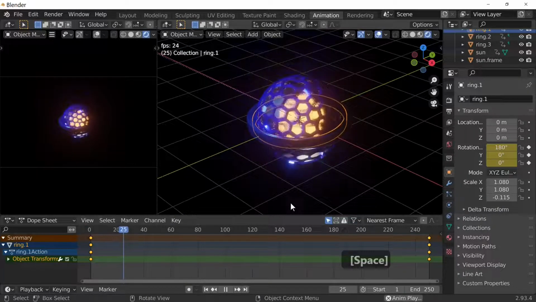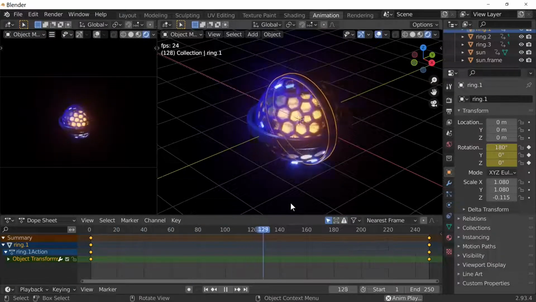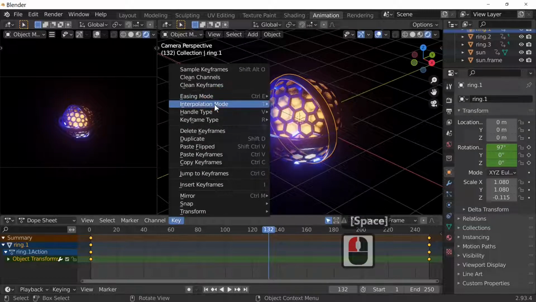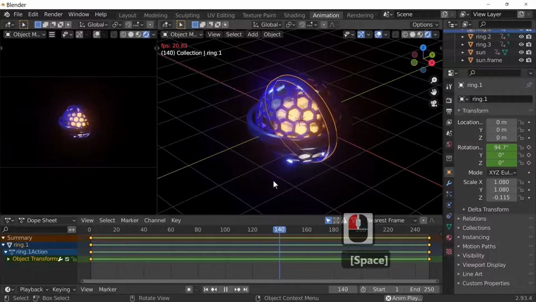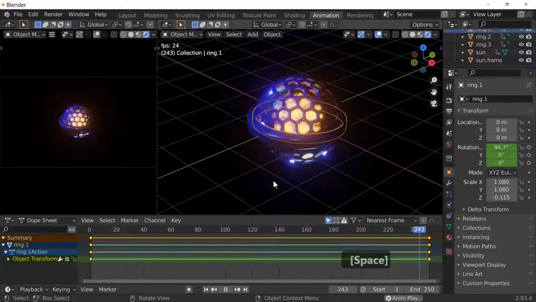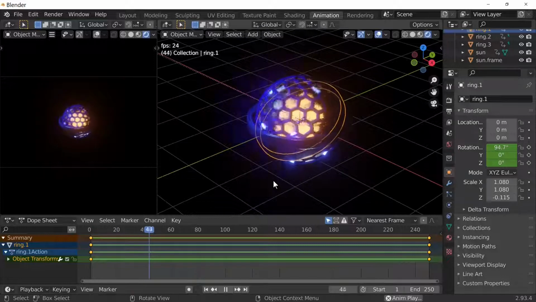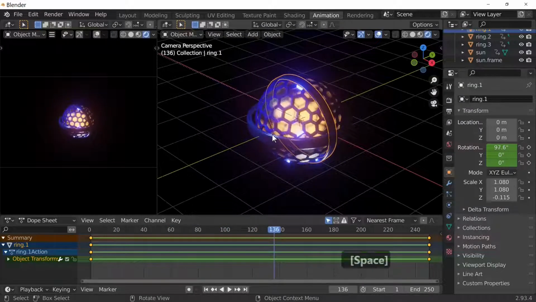If we just set that, it goes slow, speeds up in the middle and slows back down again. So interpolation mode, and we want it to go linear, so it goes the same speed all the way round. So the first ring's turning like that.